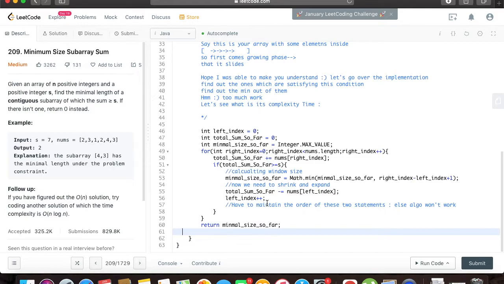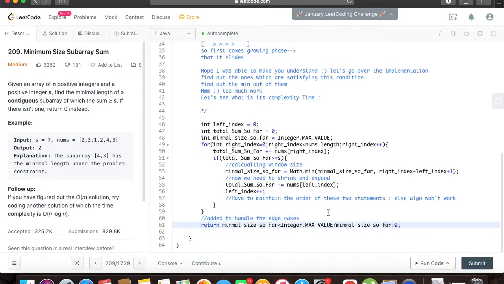But we also need to check for the edge case possible. The edge case is that either the total array which is present is having a length 0, or it is also possible that the total sum of all the elements together is not going over s or becoming equal to s. In both the cases, we need to return 0 as per the problem statement. So to do that, what we will do at the end, we will check if the minimum size so far is still having a value of integer.max, then we would return 0,